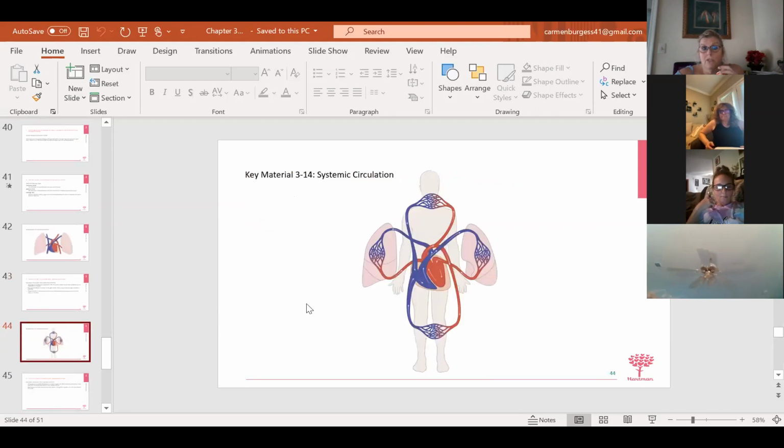This is your systemic circuit. So we know what the pulmonary is, right? Heart and lungs. Systemic is what? The heart and everything else, except the lungs. So you see this here is your systemic. You see how the lungs are here? So your pulmonary, sorry. Everybody see that? This figure 8 in the middle is your pulmonary circuit. There's your aorta. You see that big dog coming out of here? That is your